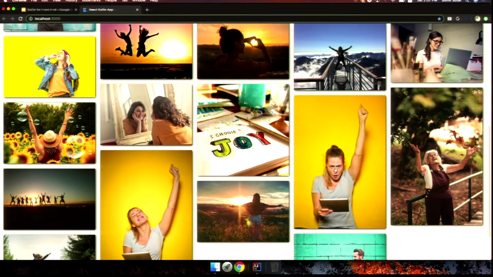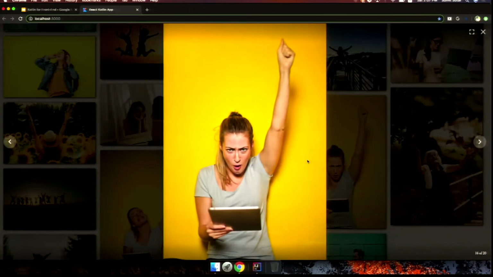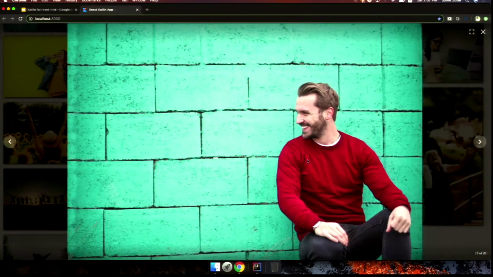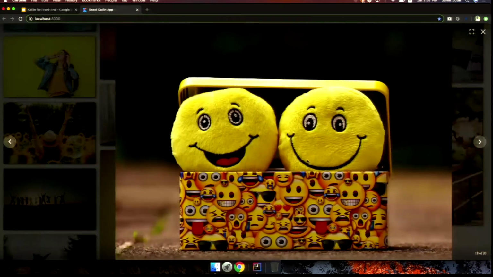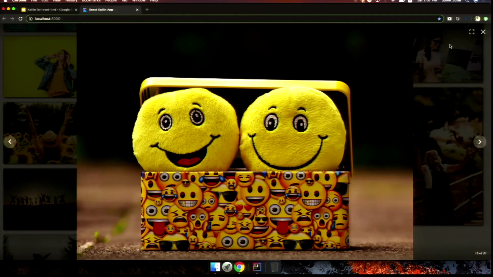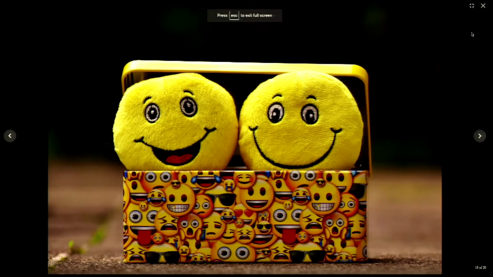Anyhow, the list of images is populated here, and you can also zoom into each of these images. When you click on an image, you will be able to see it on a big screen, and you will also be able to peruse through them in a carousel fashion. Also, we have implemented full screen. So if you full screen it, that's what it does. All right, so this is the little app that we made that we wanted to show you guys.